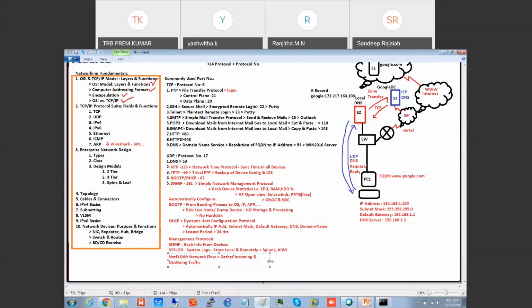We gather and sample it for 5 minutes. We have to set that sampling period, and it will give you a report.